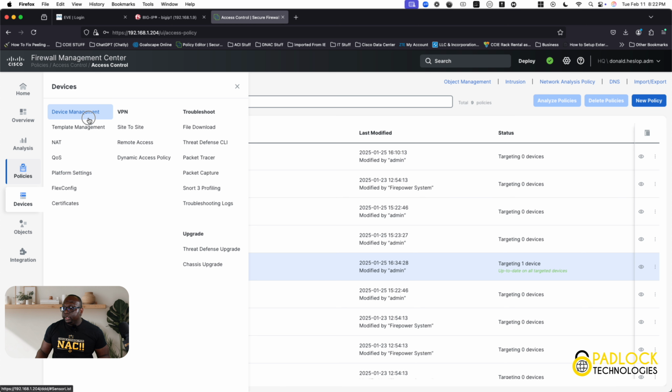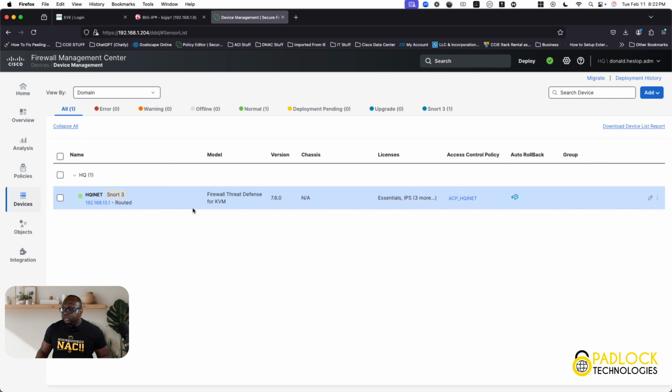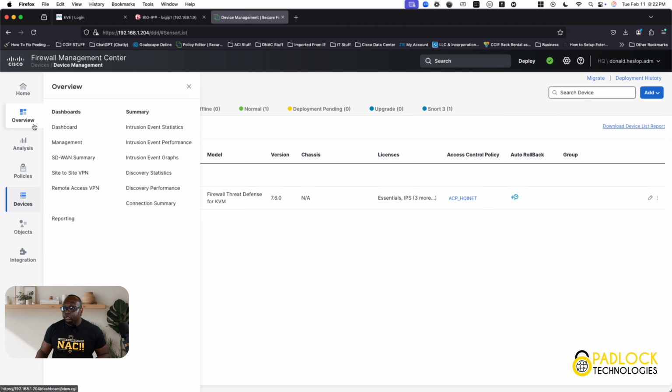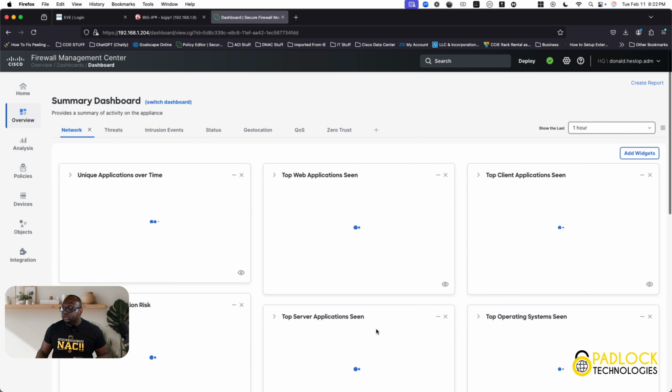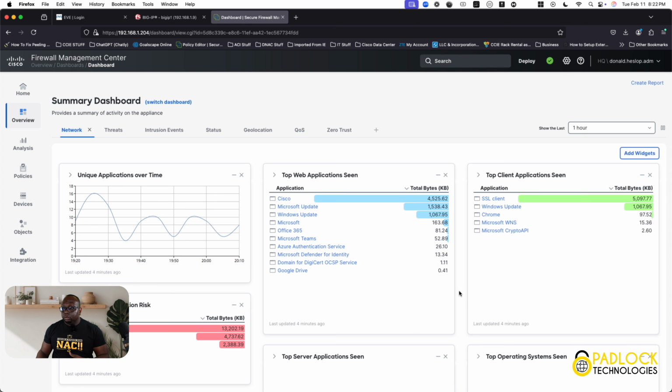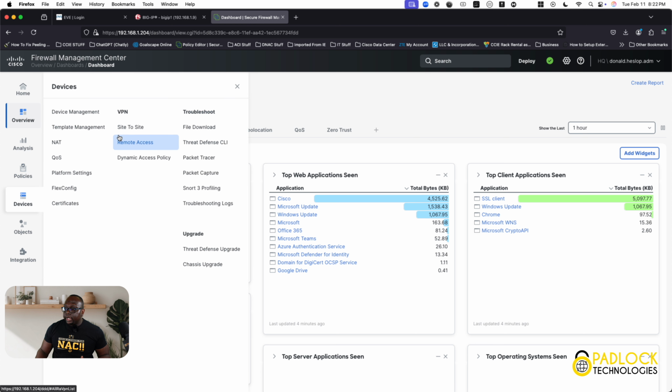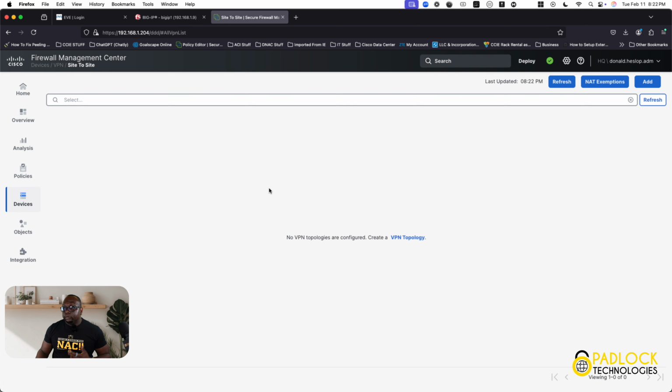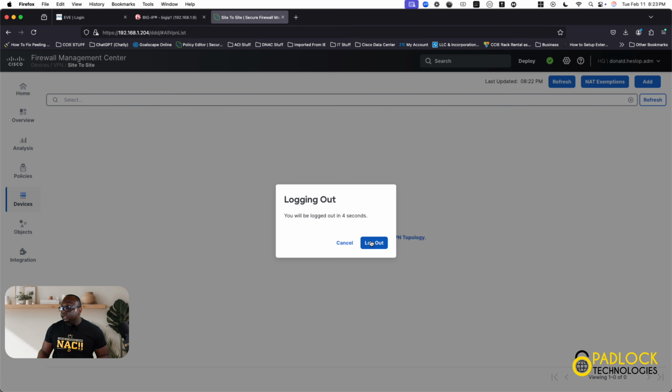But from a device perspective, I go to devices, same thing. See the same device, I've got an overview, dashboard, same thing like when I went from global to one of the domains here. If I wanted to do site to sites, I would create my site to site, and that topology would be connected to this domain. Now, in the global domain, you can still see everything that's there. You'll just see what domain it's actually assigned to, but the configurations you would have to do in its respective domain. So we log out of this,